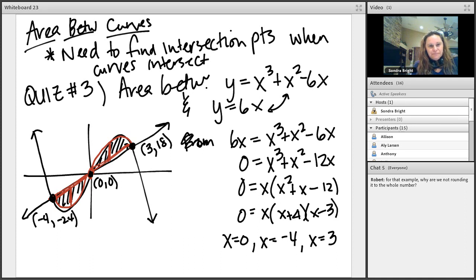And from when x is negative 4 to when x is 0, your upper curve is